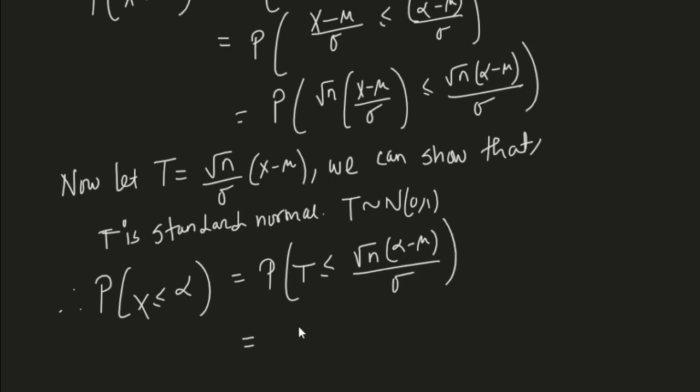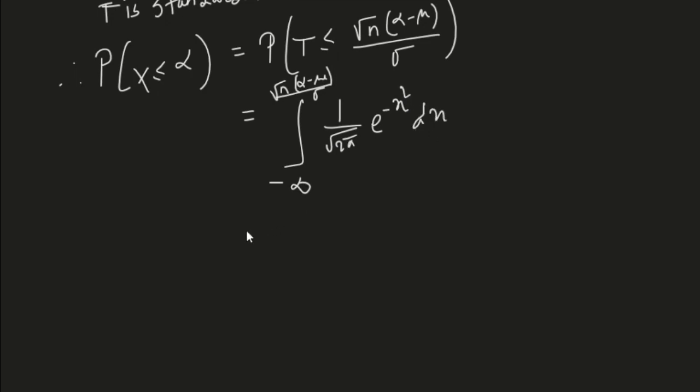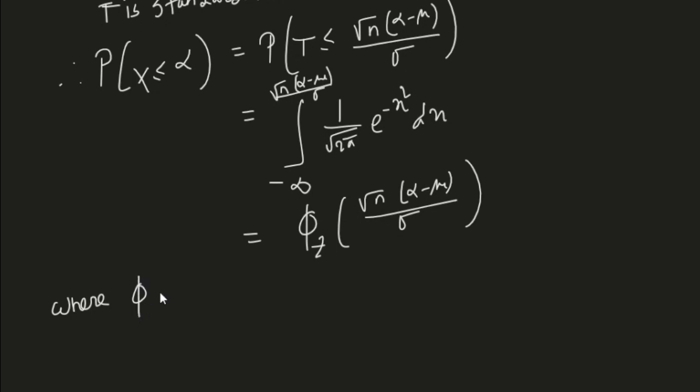And for the standard normal variable, the answer would just be the integral from minus infinity to root n of alpha minus mu by sigma of 1 by root over 2 pi e to the power minus x square dx, or it can also be written as phi of root n into alpha minus mu by sigma, where this phi represents the standard normal CDF, where phi is